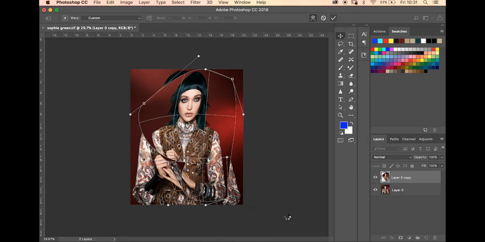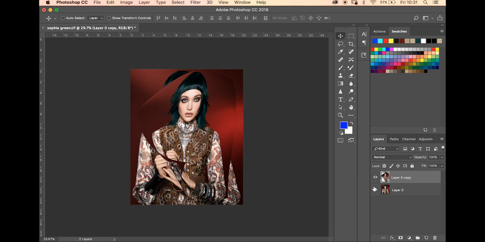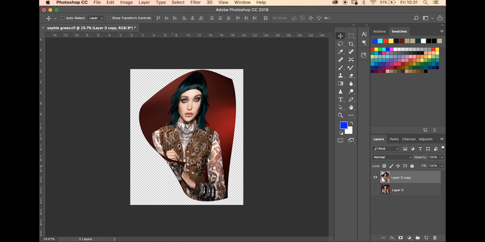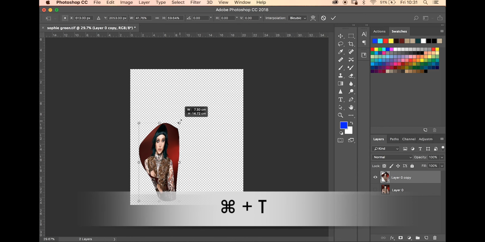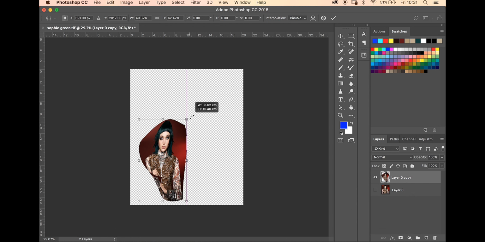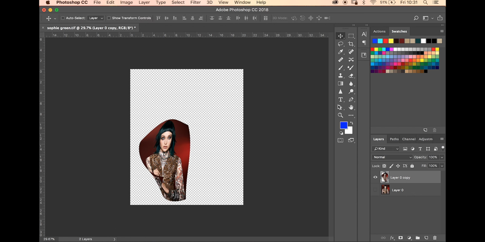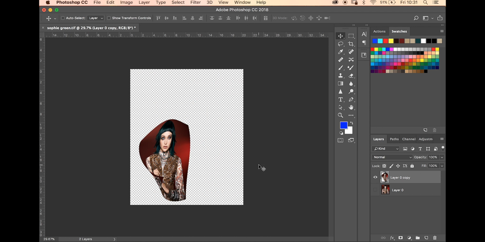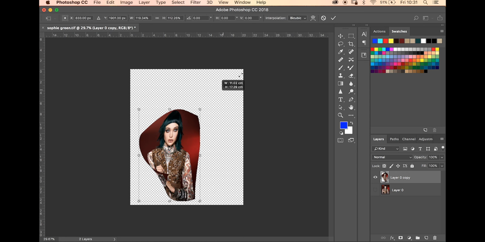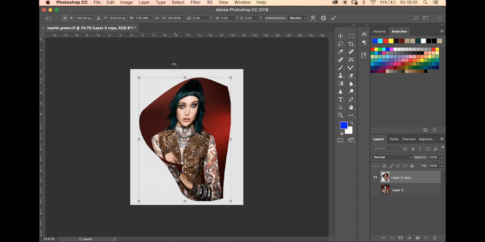Remember, any type of transform that you create, when you confirm it, you can always come back with Command and T, and then you can also scale it. Okay, so it gives you the opportunity that once you confirm, you can still use the transform tool. That again is important to maintain the original image. In this way we can always come back in case we need, because otherwise we will lose it. Okay,